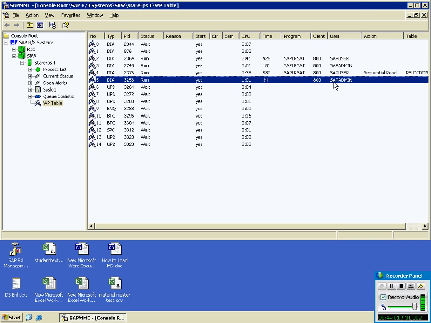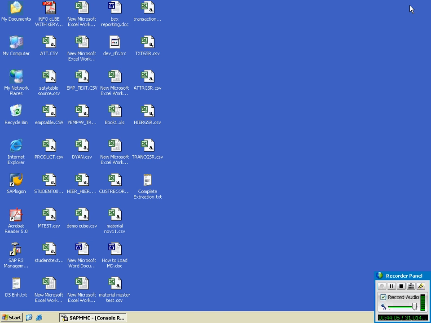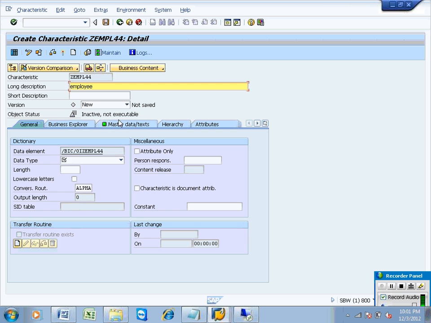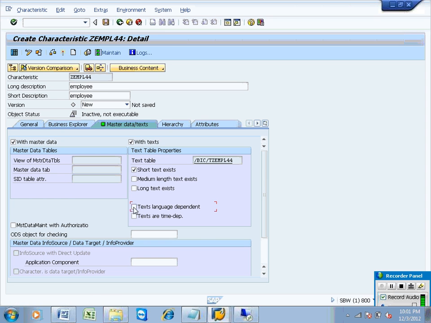Working in using STK. So here I am giving characteristics and line 10 original, and I am checking this one and I am activating. So info object creation is completed. I think it also takes 4 to 5 minutes to complete.